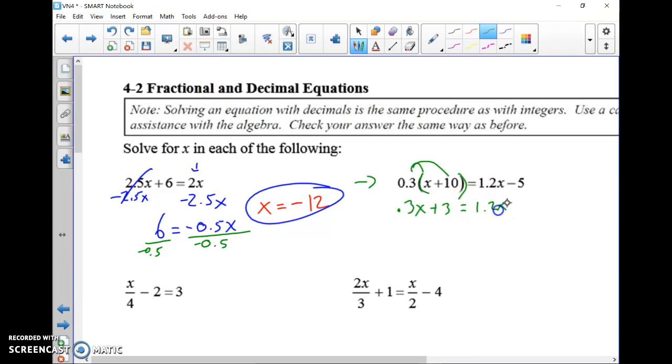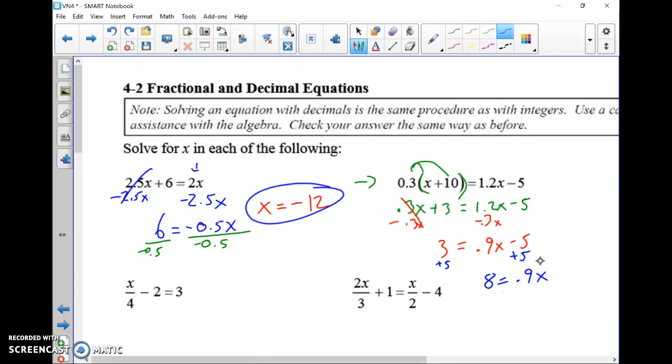1.2x minus 5. All right, and now we've got an equation with variables on both sides. In this case, I think I will subtract 0.3x over to this side, minus 0.3x. Don't forget it's 0.3 and not 3, because that'll confuse things. And that'll leave me with 3 equals 1.2x minus 0.3x. Again, the calculator can do it for you, but it comes out to be 0.9x minus 5. And I'm going to add 5 on both sides. Add 5, and that's going to give me 8 equals